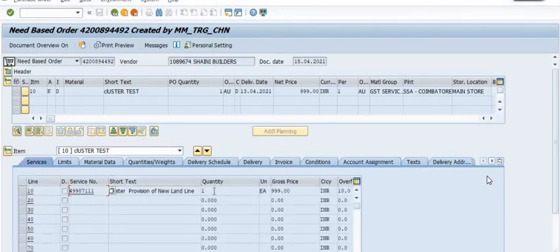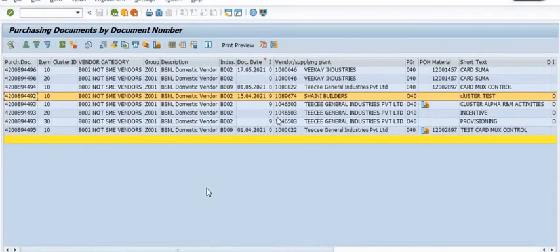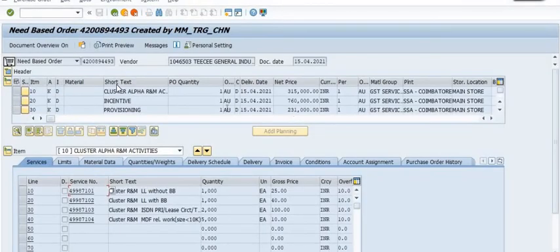No purchase order history is available, which means no service entry sheet has been created in this purchase order. In the second purchase order, these services are there under the 10 PO line item: 1000 quantity, 2000 quantity.